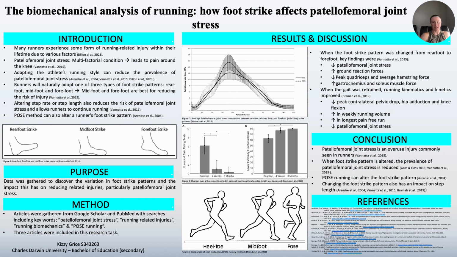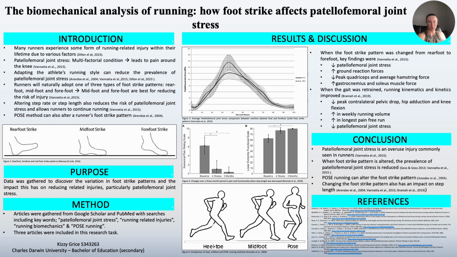One of these running-related injuries is patellofemoral joint stress. This is a multifactorial condition of runners leading to pain within the subchondral tissues surrounding the patellofemoral joint. I'm Grice from Charles Darwin University, and this poster presentation is on the biomechanical analysis of running, how foot strike